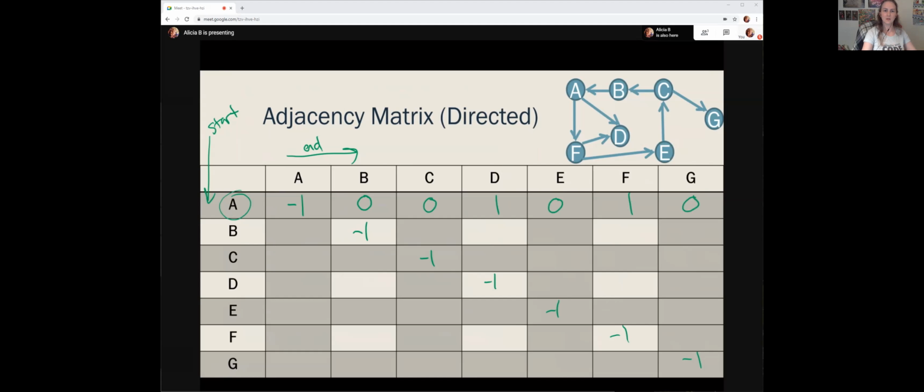In terms of the no symmetry, if we go from B to A, that's correct. C to A is no edge, no edges there. So that first row, if you flipped it, it's no longer the same. So going back to this one,